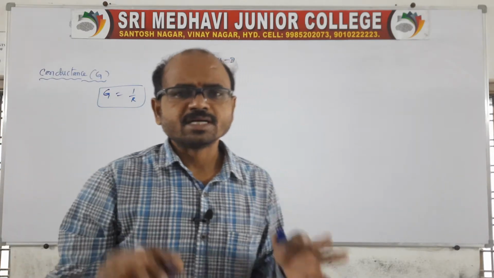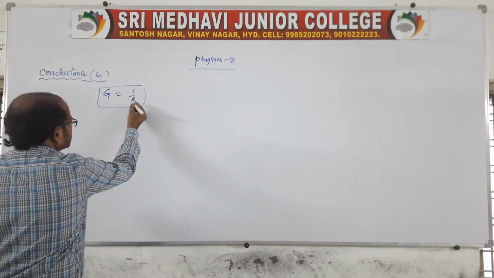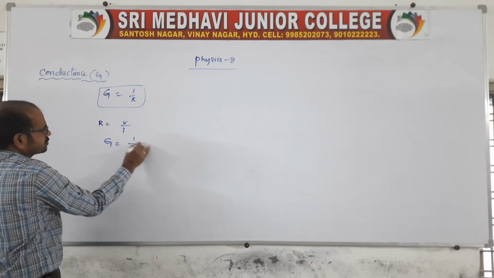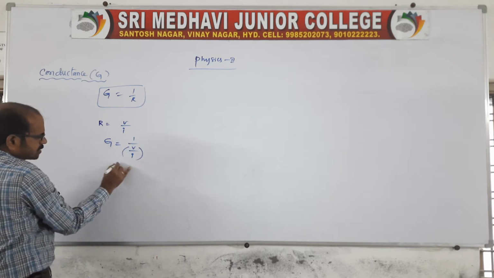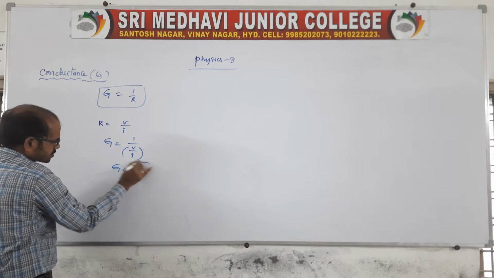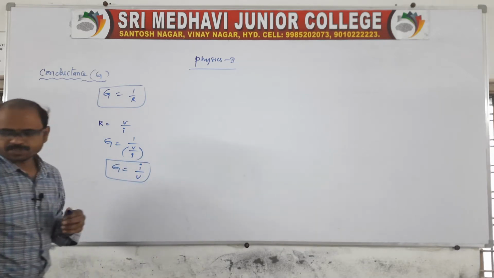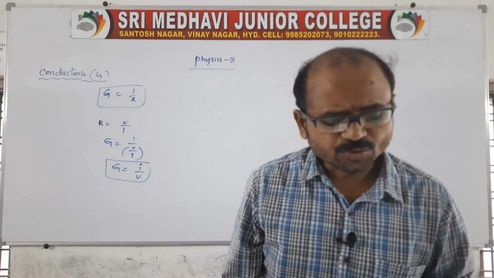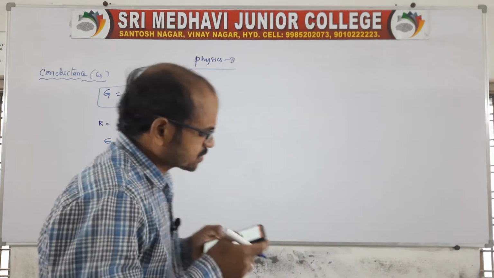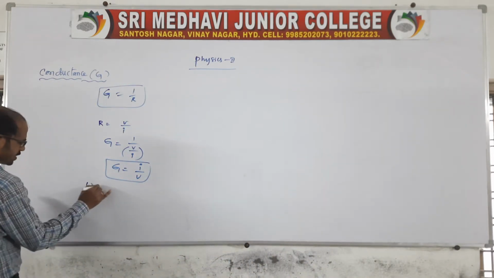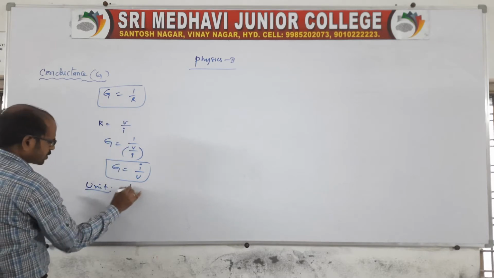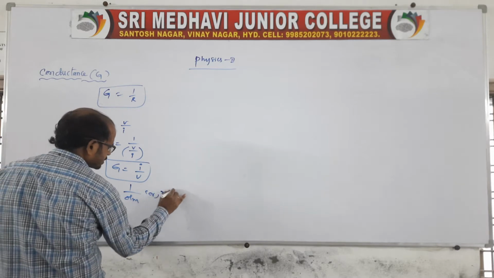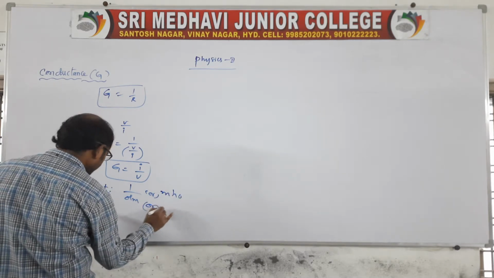Conductance is the reciprocal of resistance, and we know resistance is V by I, right? Here you write conductance is equal to 1 by V by I. So capital G is equal to I by V. That is the reciprocal of resistance. Now we have units as well as dimensional formulas. The unit is 1 by ohm, or we can also call it mho, or Siemens.